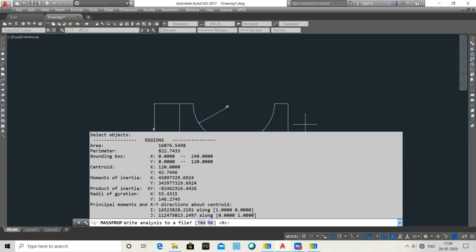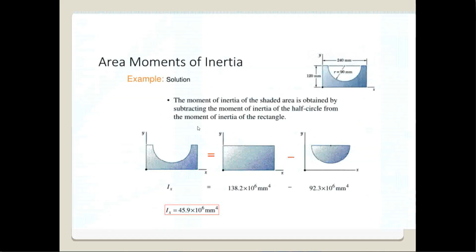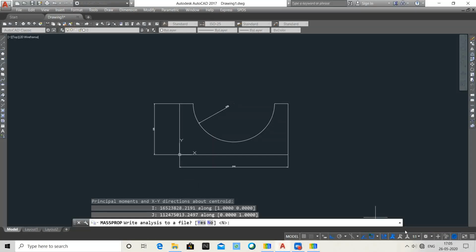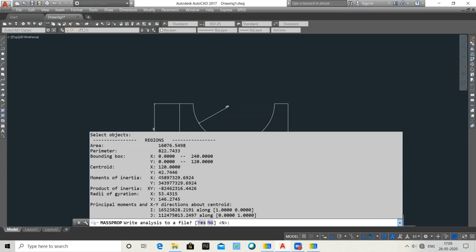Then we can see the area, perimeter, and moment of inertia about x, which is shown in our solution, 45.9 into 10 power 6 mm power 4. So this is our solution to find the moment of inertia.